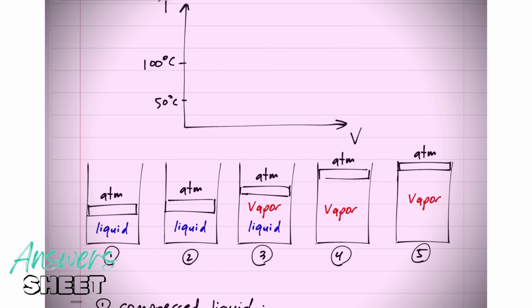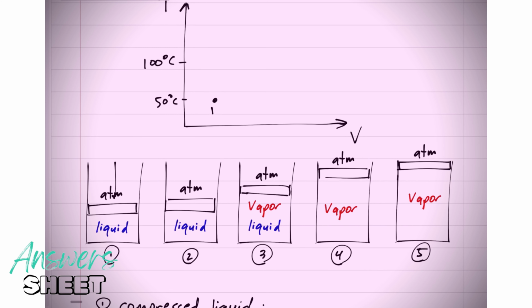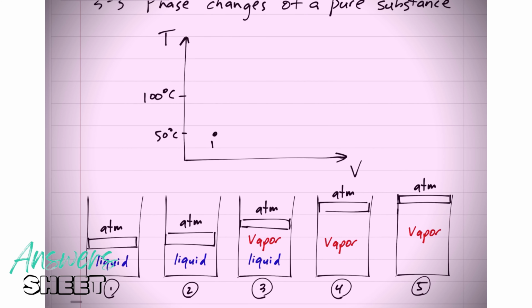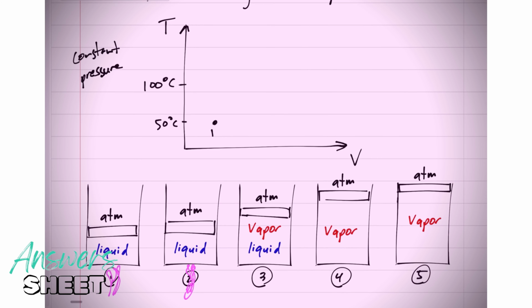All right, so if we've got water, maybe we start right here at state 1. It's just a liquid, and maybe we have a top that keeps it at constant pressure. So this will be a constant pressure phase change of a pure substance from a liquid to a gas. And what if we put some heat to it? What if we put some fire to it, right? What will happen? Think about boiling water. What if you put some heat to boiling water?